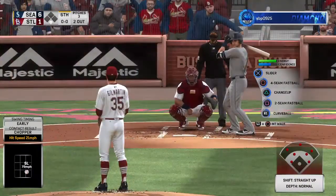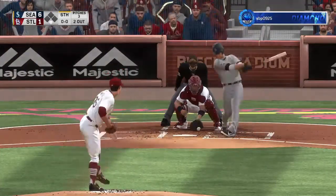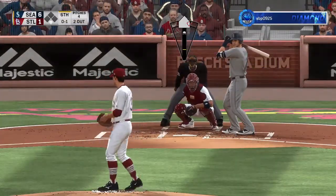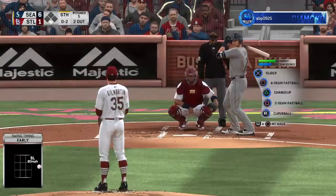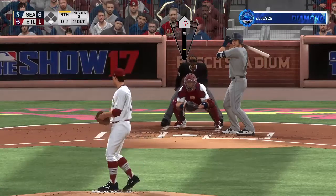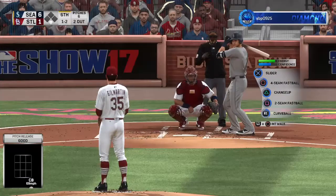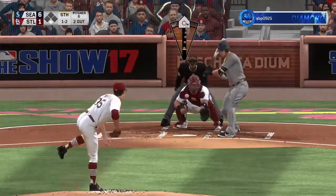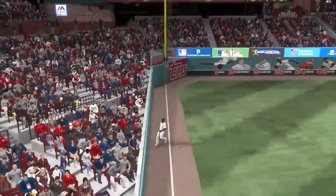Stepping in and ready for another shot, Mike Zunino. 0 for 2 on his line thus far. Oh, had him chopping at that one. It's 0-1. Pitch on its way now to Zunino. And boy, this at-bat is not starting off well as he's behind 0-2 now. See what happens when you work fast, you stay aggressive, and you come right after guys. Man, you get great results. 2 quick outs, and now he's 0-2 on this hitter. Hey, he was finally able to lay off one there. He swung at 2 out of the zone before that, so clearly he wasn't picking up the ball very well. Ozuna is under it, and